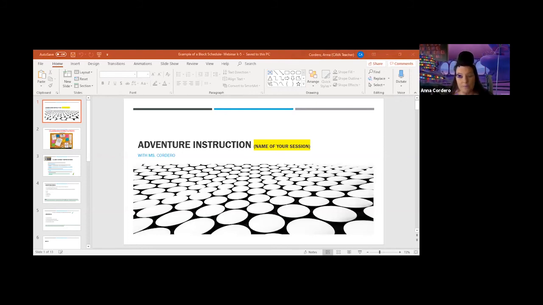Okay, so this is block schedule, and I'm doing this currently, so what you're seeing is a PowerPoint I'm using in real time. With my students being virtual, we defined what we call it. If you have a name for your classroom, for your groups, for a certain time in your school day, that is a fantastic thing to label this time. We called it adventure instruction because we are taking an adventure, and I'm putting them on a block schedule they're not accustomed to.